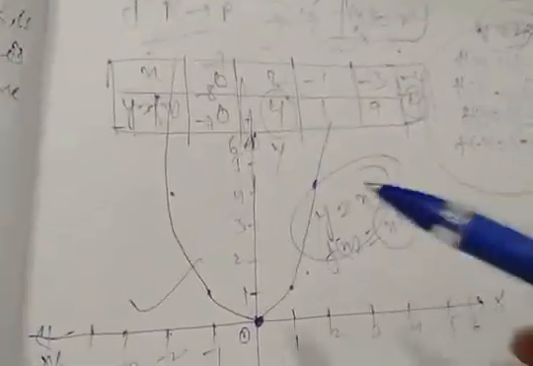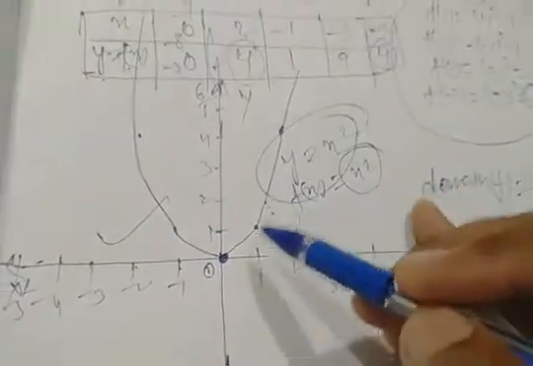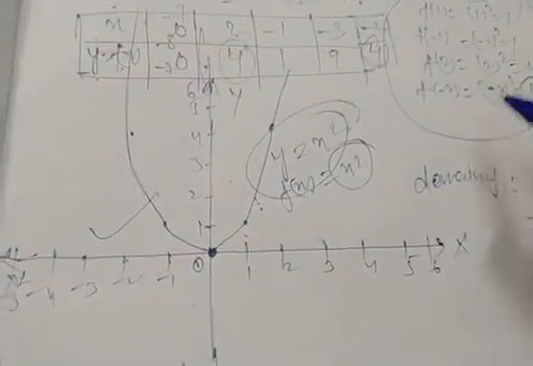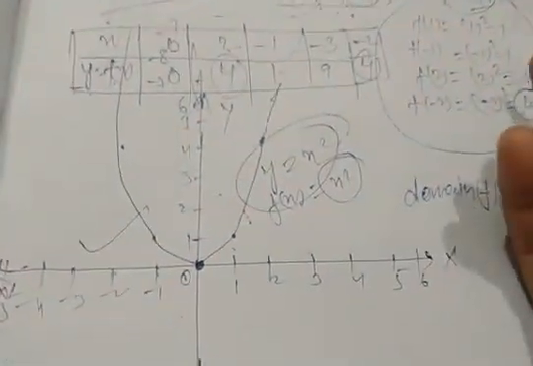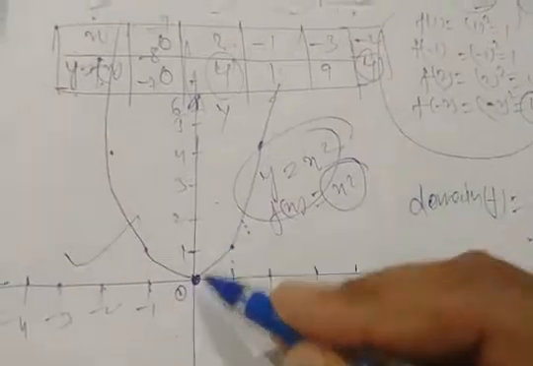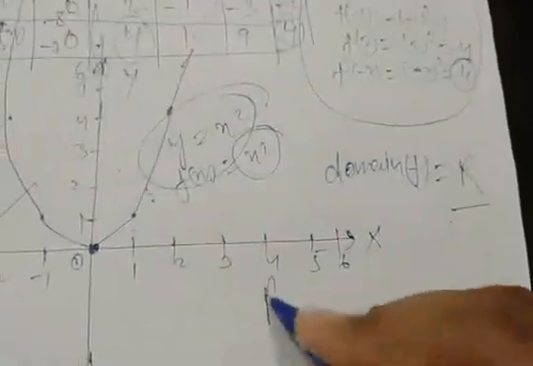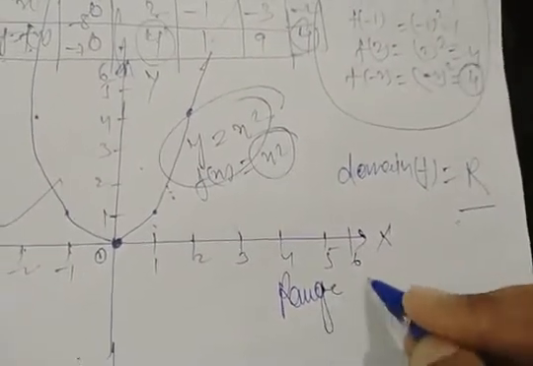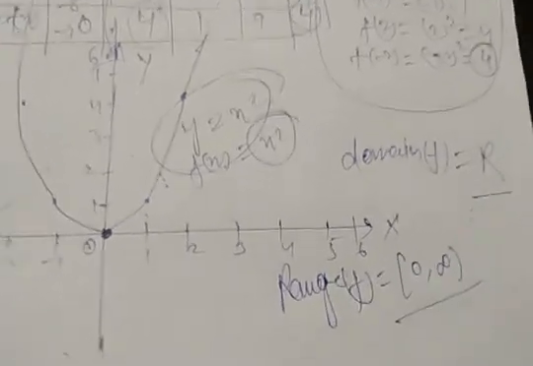What is range? Always we take range along the y-axis, and in that graph it is clear that the range of that function is never negative, it is always 0 and above it. Above, what above? Infinity. And we don't know any particular infinity number. So it is fixed at 0 and above along the y-axis, that is infinity. So the range of that function is 0 to infinity, open.